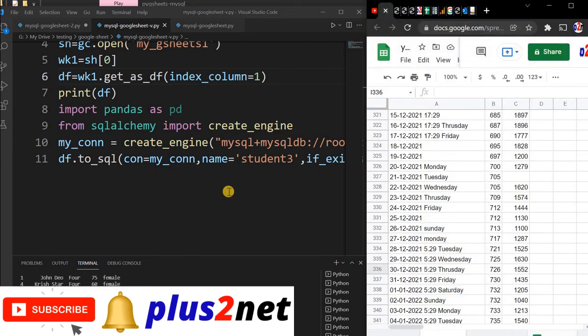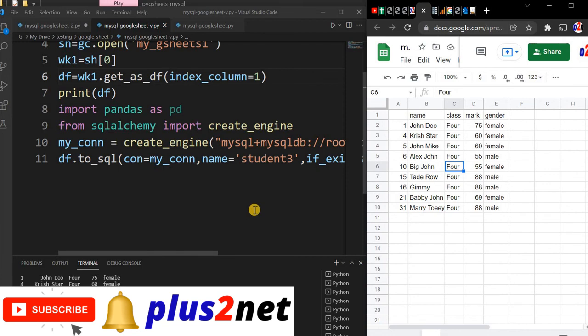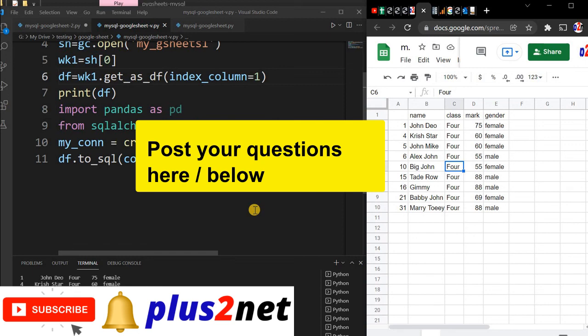So that's how I will transfer the data from our Google Sheet to MySQL and MySQL to Google Sheet, like that any amount of data, and the queries also we can change. That's all. We are planning to learn more about database integration with Python and all, with SQLite, different databases we'll try.